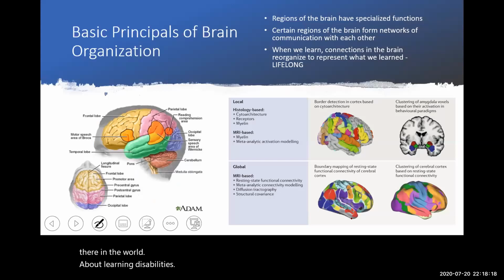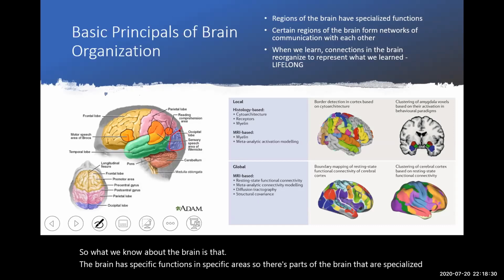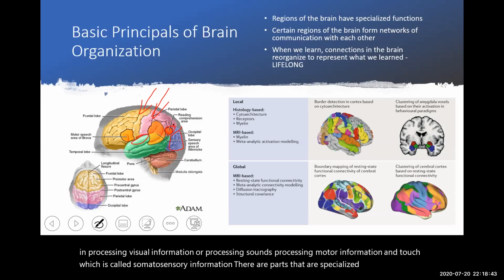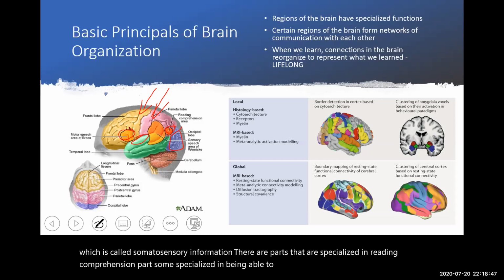So what we know about the brain is that the brain has specific functions in specific areas. So there's parts of the brain that are specialized in processing visual information or processing sounds, processing motor information and touch, which is called somatosensory information. There are parts that are specialized in reading comprehension, parts that are specialized in being able to speak and understand